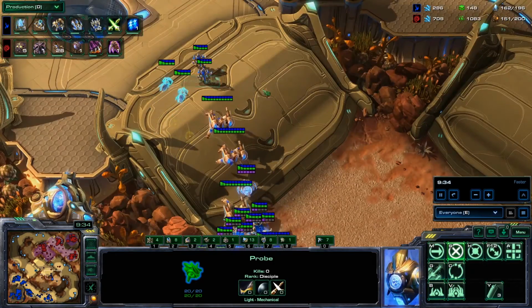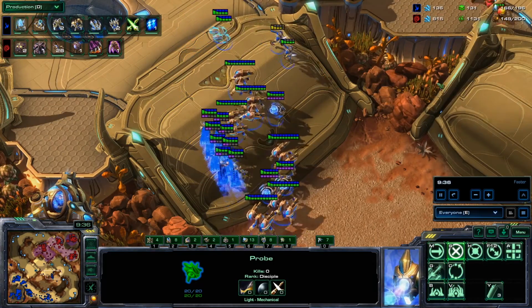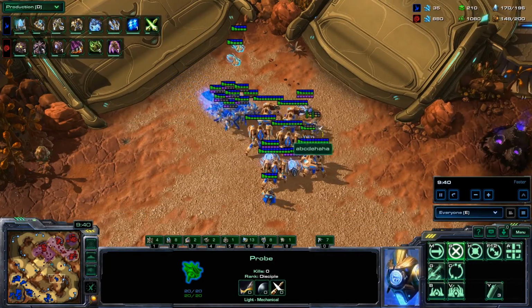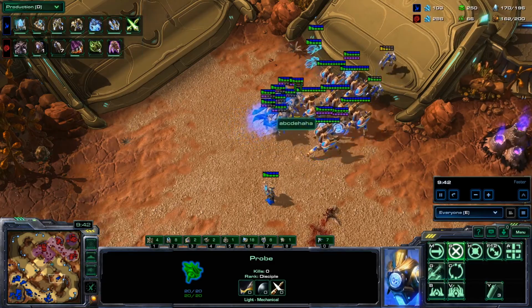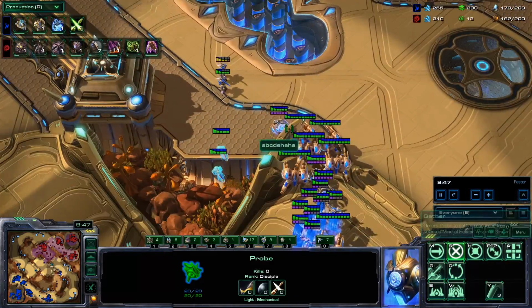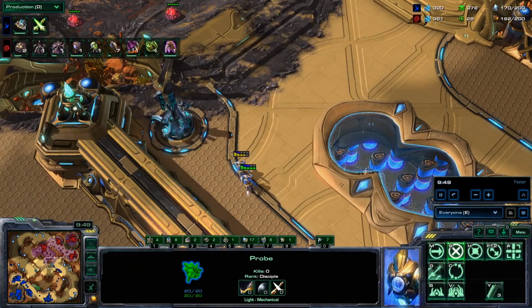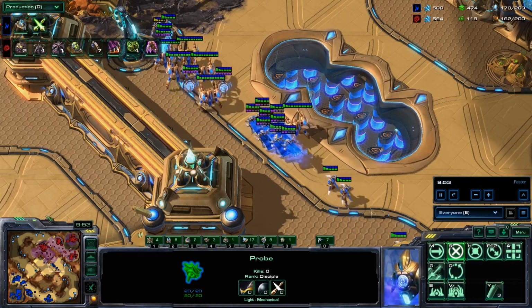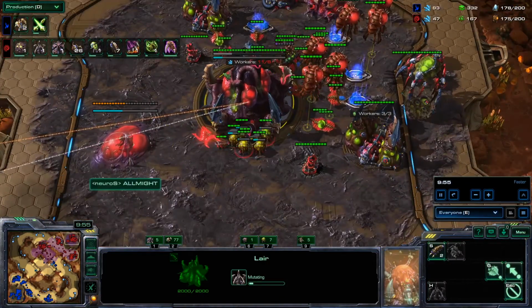So you can see here, I'm starting to move out. This is a little bit risky, for sure. It's pretty early in supply, so you definitely shouldn't do this if you're not really confident in your micro. It's actually really easy to die. So what I would recommend is you max out first, or you wait until Zerg is going for Broodlords and